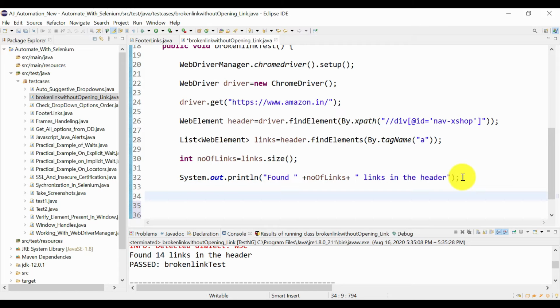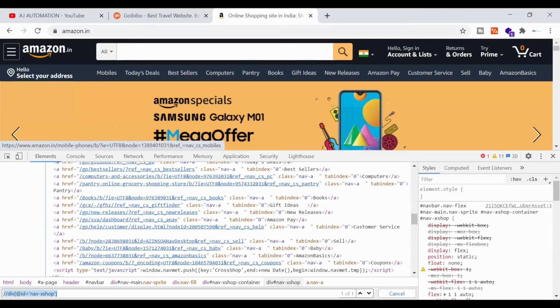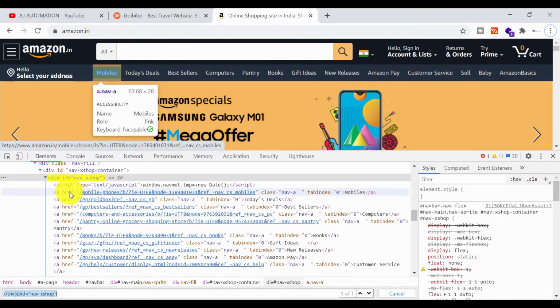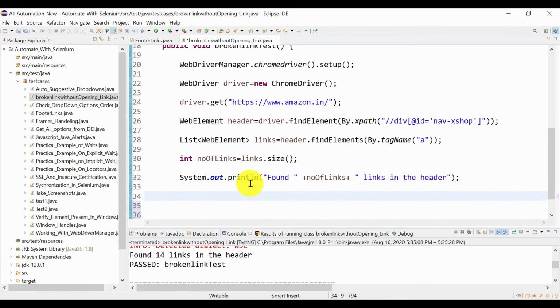As I already told, we are not going to click on that link. Each link will have the attribute href equal to the URL, so we need to get this first. How can you get it? We need to use a for loop for that.